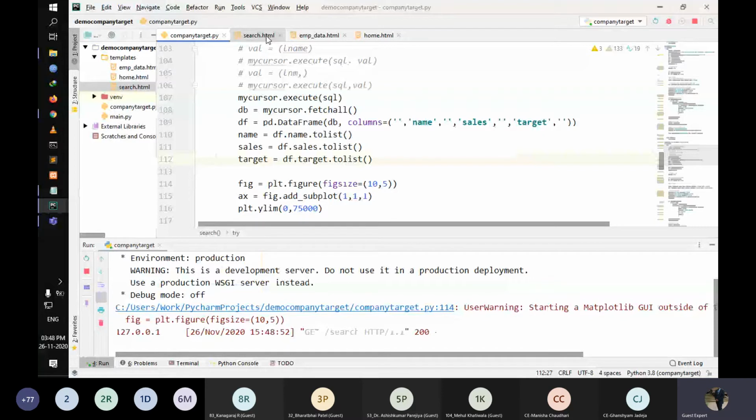So this is what we are trying to do, but with a search button, we are not sure why it's not working here, because there's no difference in the code that I've done previously and what I'm trying to do here. So now we need to add the HTML code as well.